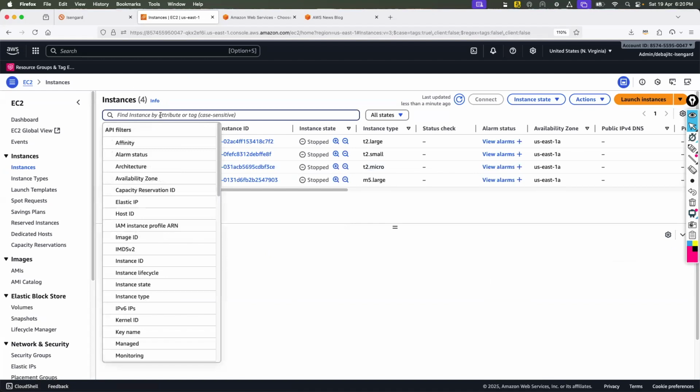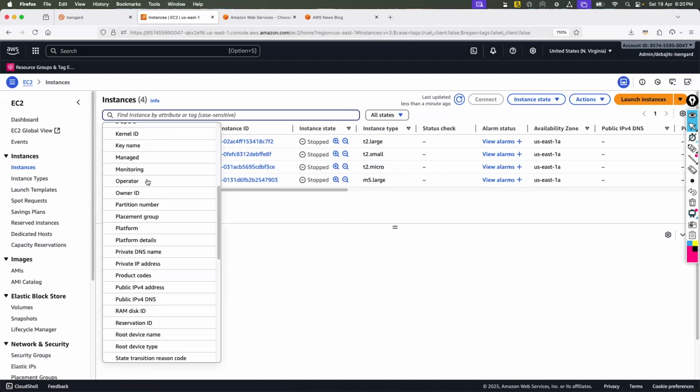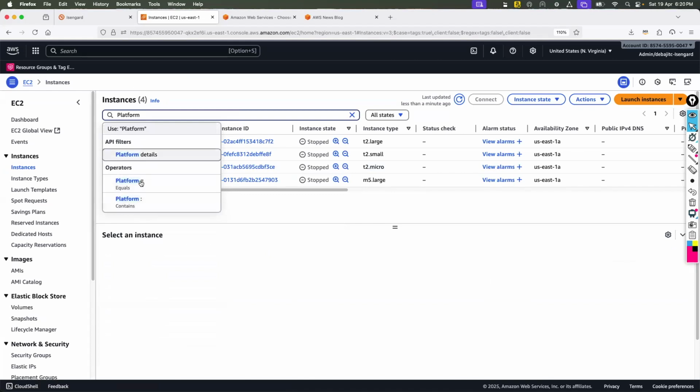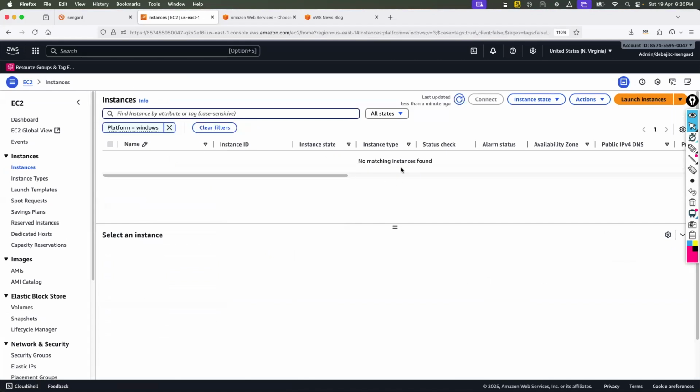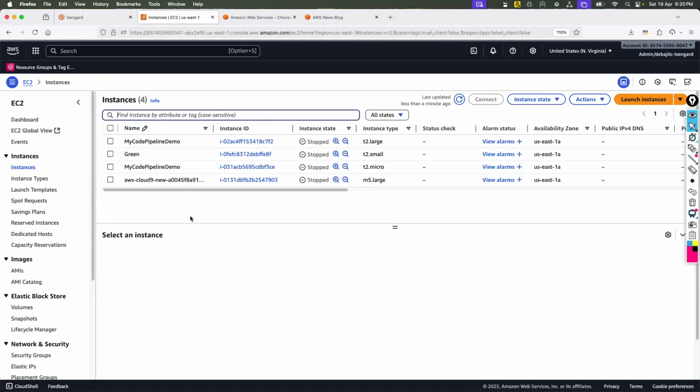And here in instances, there are a lot of filters. If you want to filter by operating system, let's say platform equals Windows, only Windows machines will come, or only Linux machines will come. That's how you can also filter instances. Clear?